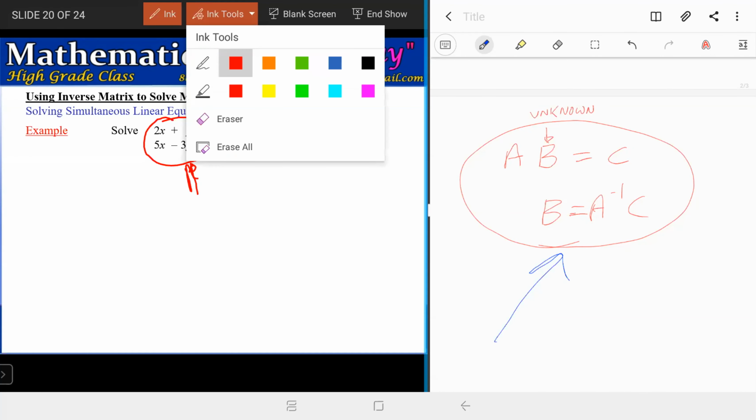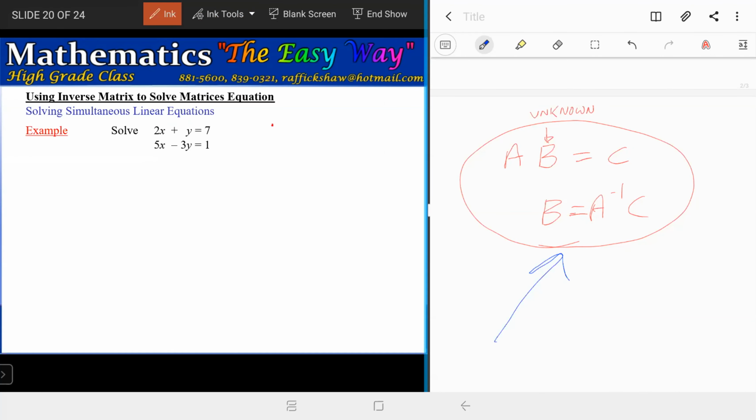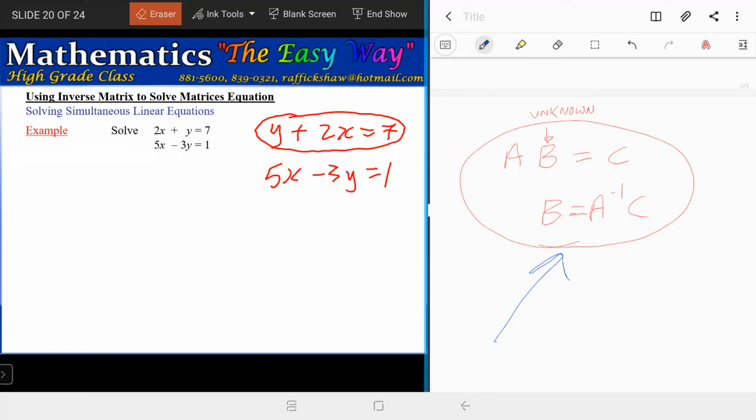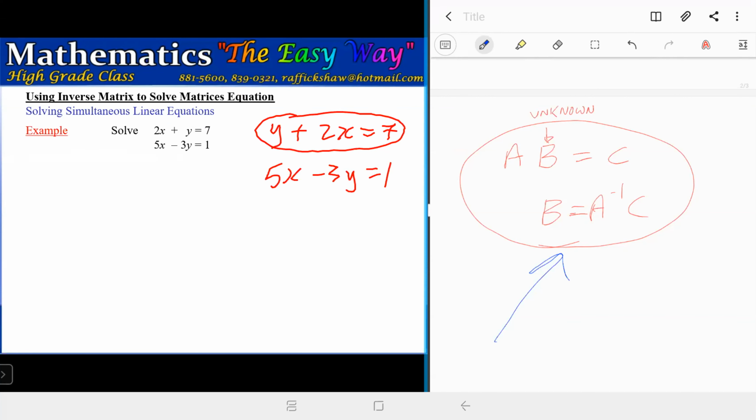So for example, suppose I gave you instead y plus 2x equals 7, and then they give you 5x minus 3y equals 1. I want you to know that this one is not in a friendly order. You need the x value to come before the y value, everything important. So what you would have to do, you would have to,